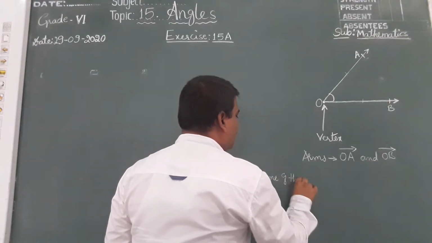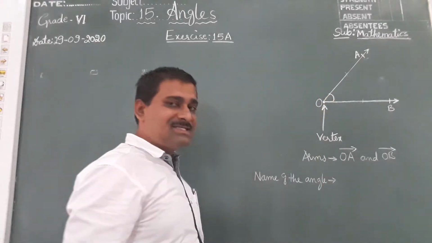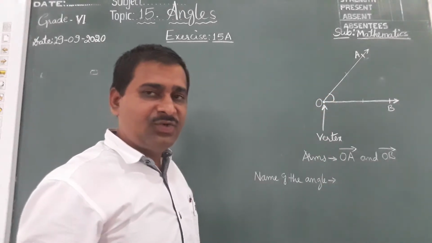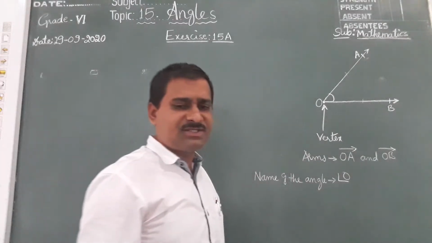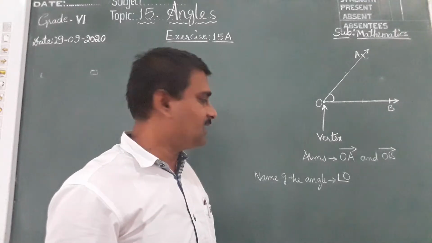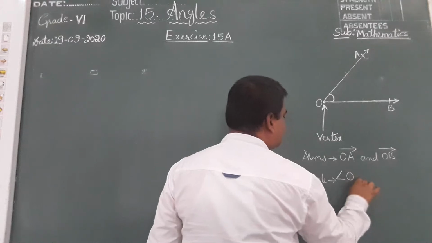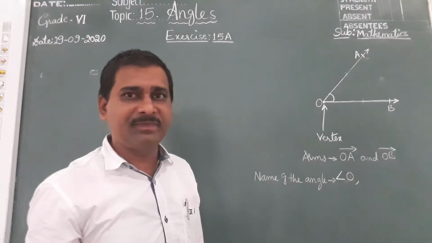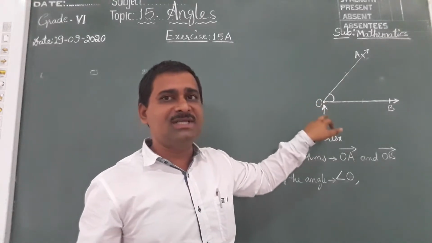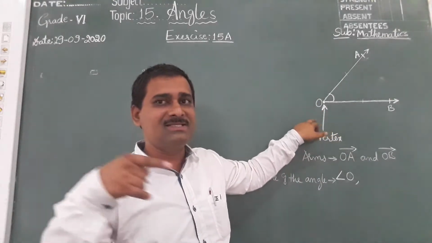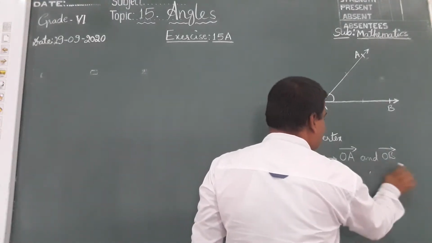Name of this angle: as I have just said, you can write just angle O. This is also correct. Another time, the alphabet which is the angle should be in the center when you are writing. That is angle